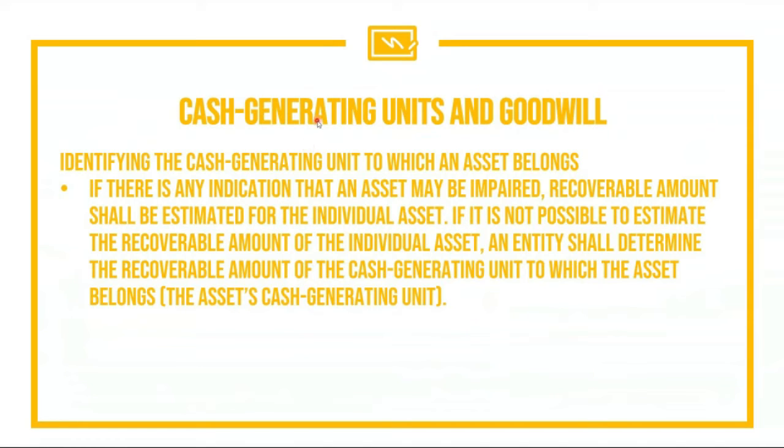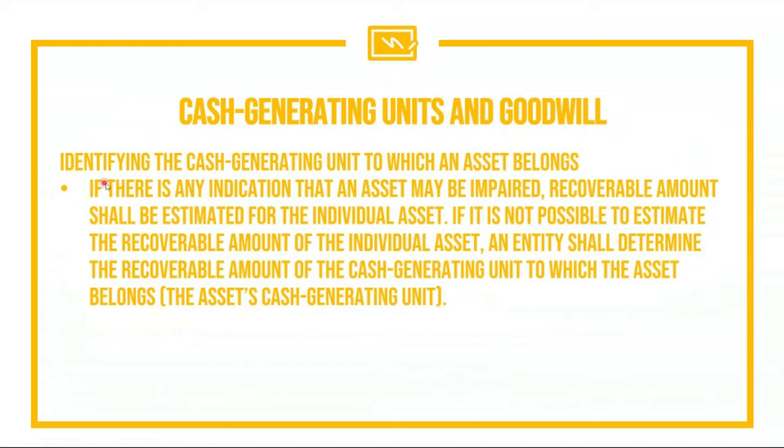But if we are talking about a cash generating unit, which is a group of assets that generate independent cash flows, then determining the recoverable amount and impairment is actually a bit more difficult, particularly because we still have goodwill to account for. So according to the standard,